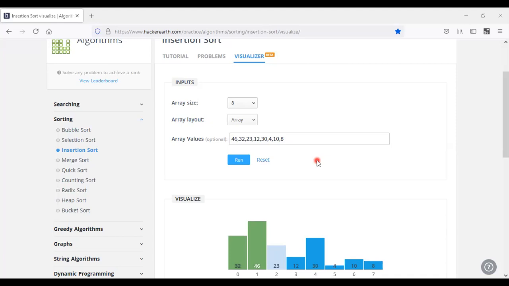Okay, so this is the example and the visual representation of that one. I will share the link for that visual representation also. And coming to the